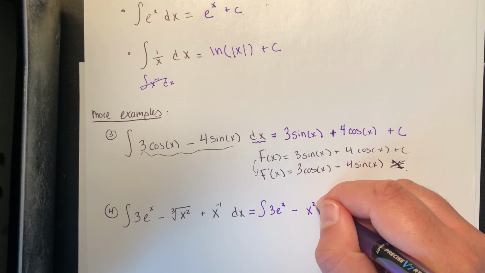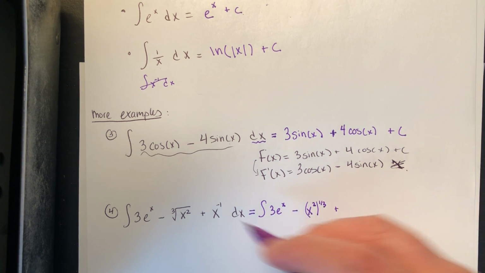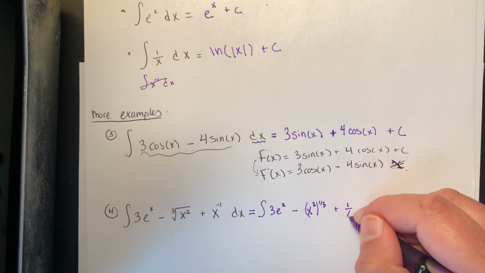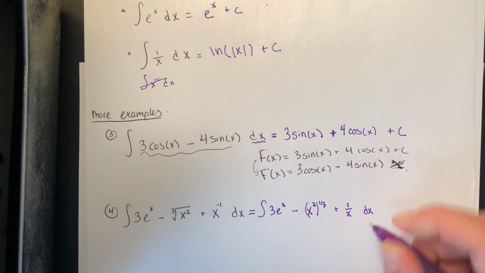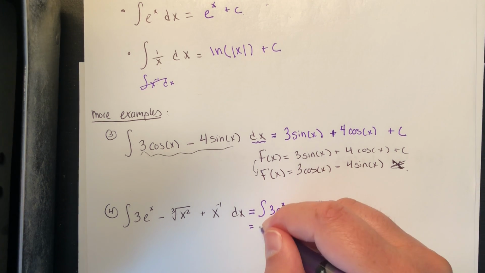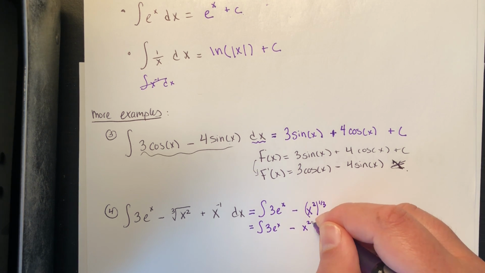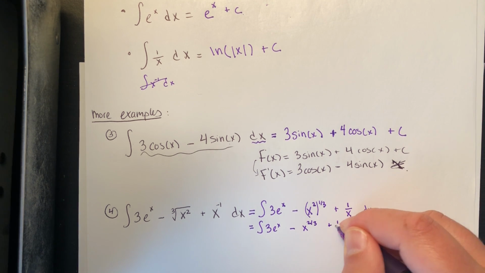So this is like x squared to the 1/3. And I'm going to rewrite x to the negative 1 as 1 over x, maybe because that might help me remember the antiderivative of this is ln of x. So rewrite it one more time, 3e to the x minus x to the 2/3 power plus 1 over x